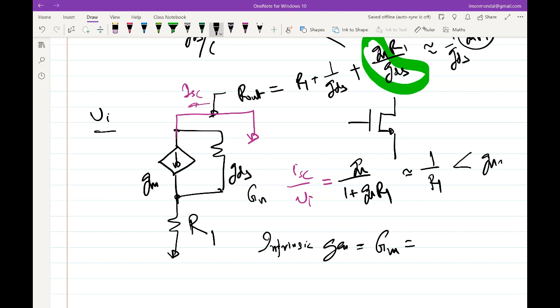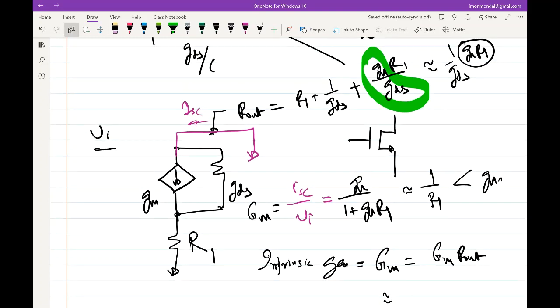So capital GM into R out is approximately equal to what? Effectively GM over GDS, right? So the intrinsic gain doesn't really change if you use this configuration. So we'll see in the next class what we can do to address these issues. Okay, so